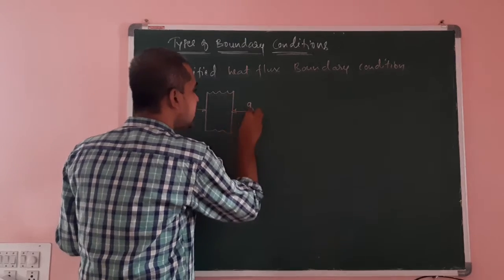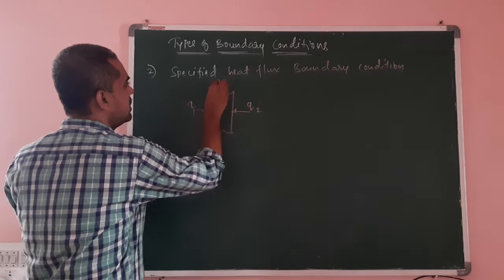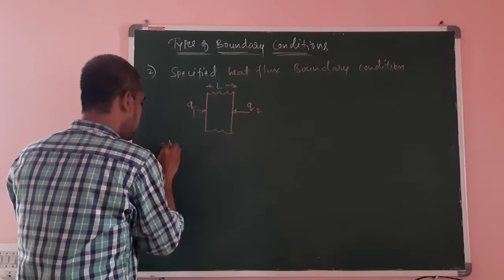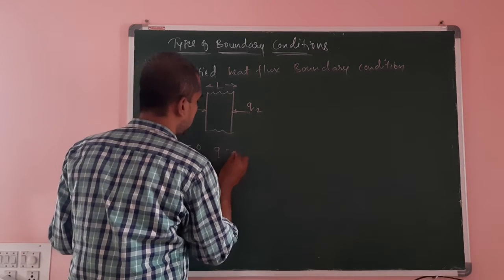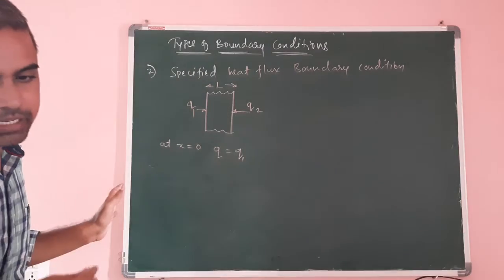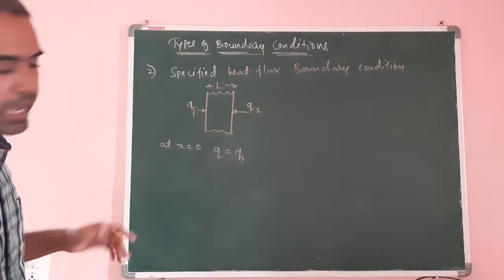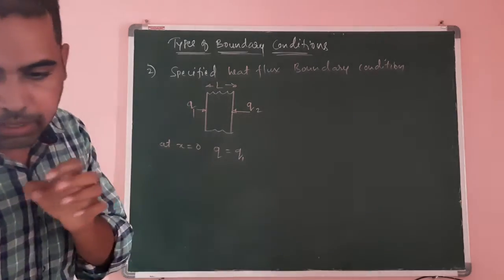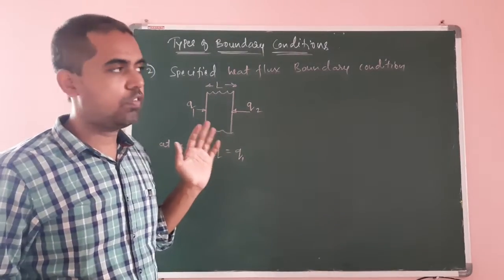These are the general ones which I am discussing now. Suppose the length is L. At x equal to 0, Q is equal to Q1. This Q is given by conduction. Therefore, how can we write? Instead of writing Q, it is minus K dou T by dou x, where Q is equal to minus K dou T by dou x, because of the Fourier law of conduction.